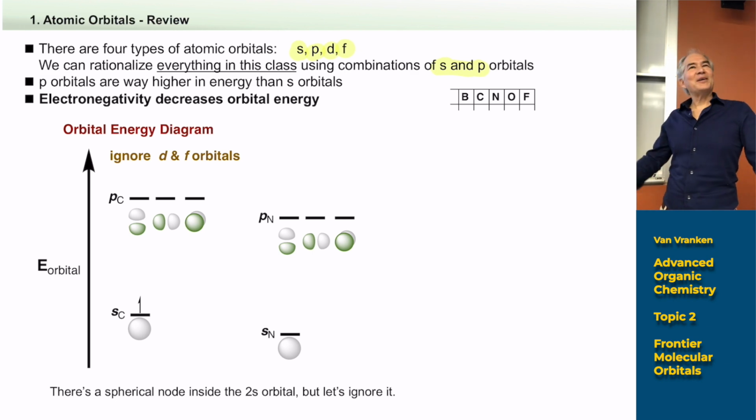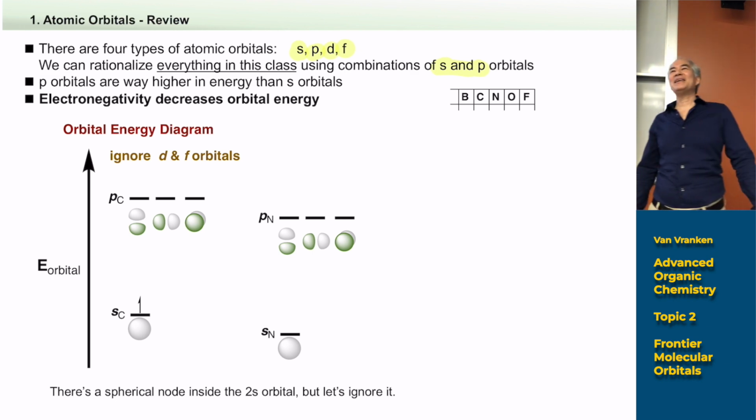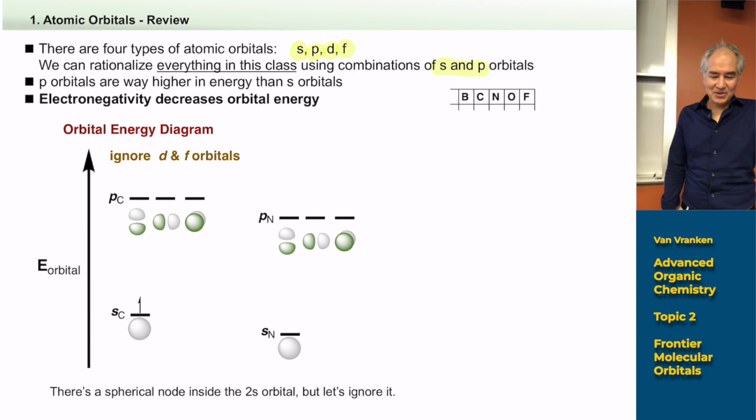It turns out it's pretty hard. Just with s and p, combinations of s and p, things will start to seem really challenging for us. So we're going to just rationalize everything using s and p orbitals. Now I'm going to start off by telling you something that you kind of already know, but didn't know how